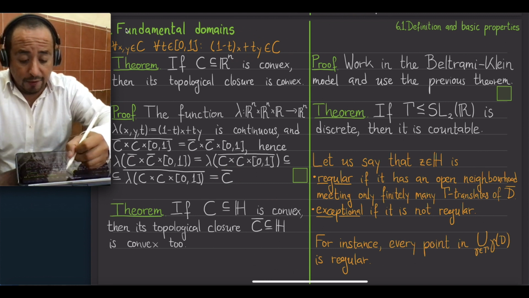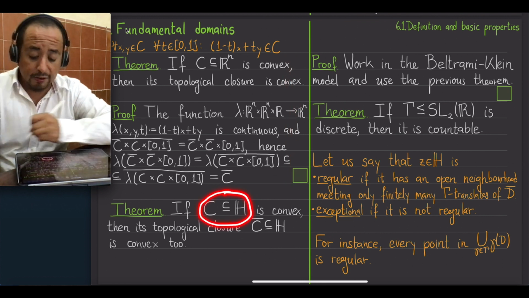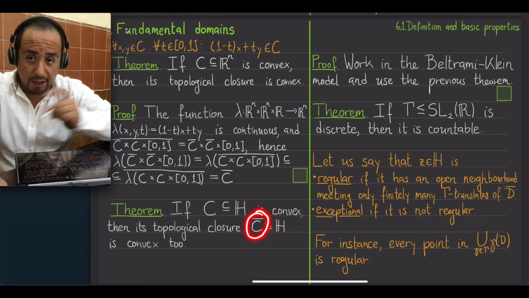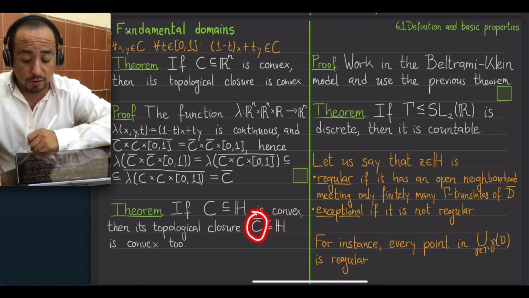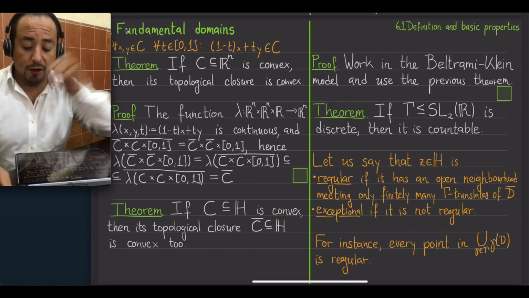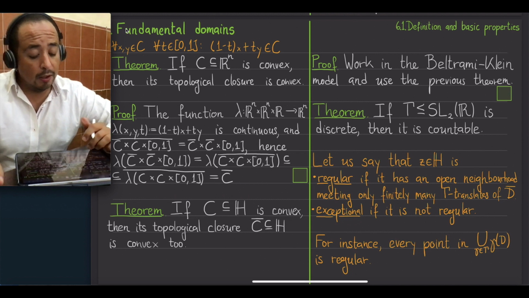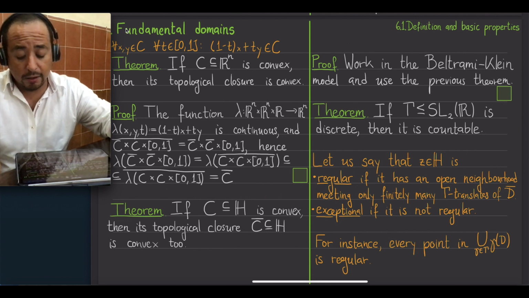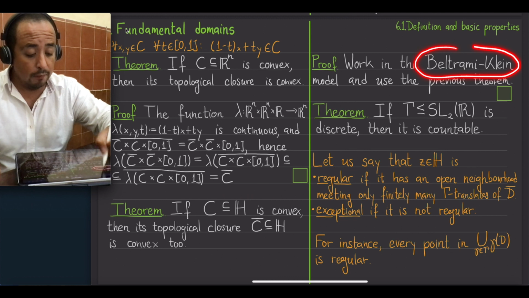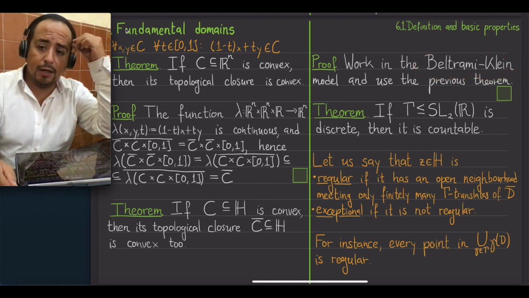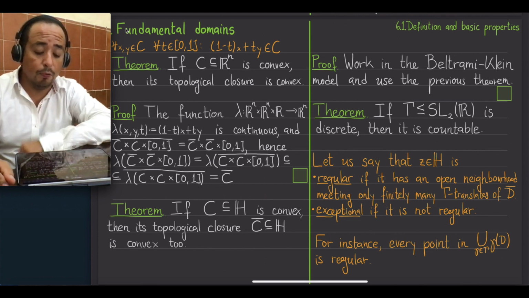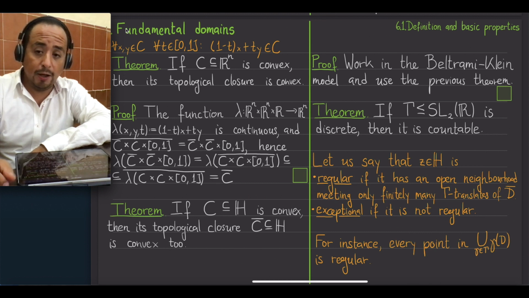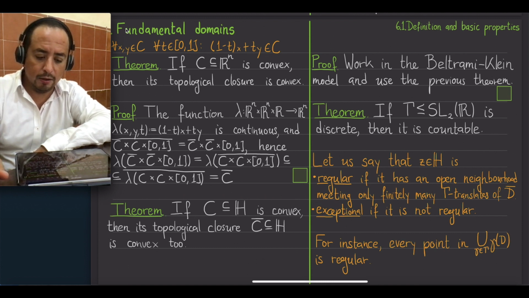Okay, now from this, I can deduce that for any convex subset of the hyperbolic plane, the topological closure in the hyperbolic plane, so without joining any point at infinity whatsoever, is convex too. It's a convex subset of the hyperbolic plane without points at infinity adjoined or attached. And the way to deduce it is to use the Beltrami-Klein model. So in this course, I haven't spoken about this model of the hyperbolic plane. So let me mention some properties which I'm not going to prove, namely that the model as a set of points is the open unit disk, like the Poincaré disk,